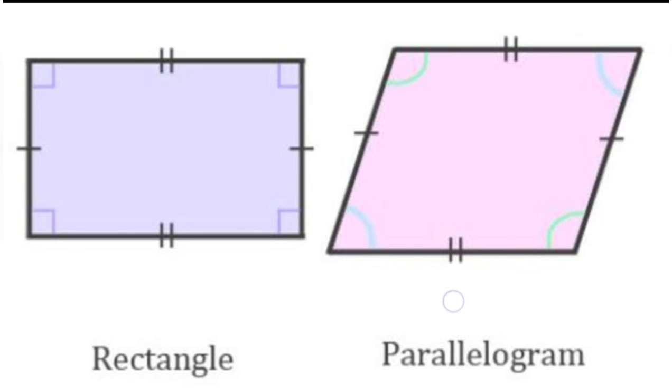But look here in the parallelogram. In a parallelogram, opposite sides are equal as in a rectangle, but opposite angles are equal. They are all not 90. One pair of opposite angles is acute, and one pair is obtuse. So when you're going to talk about green and blue, they will be having different measures.